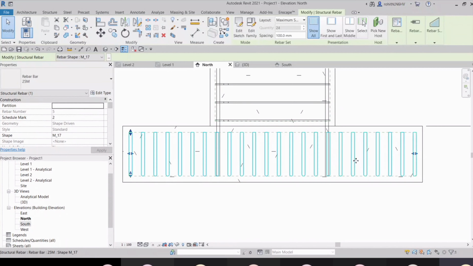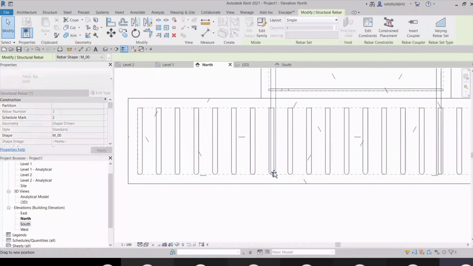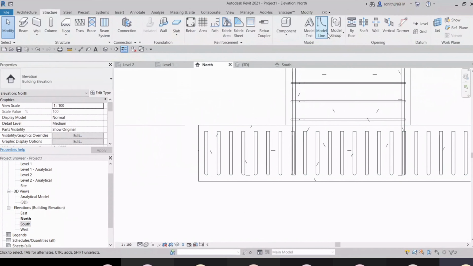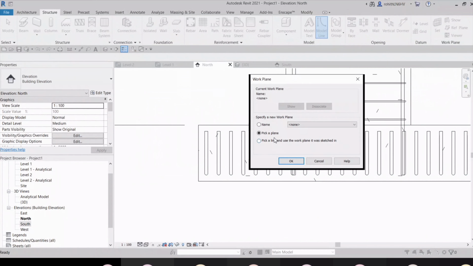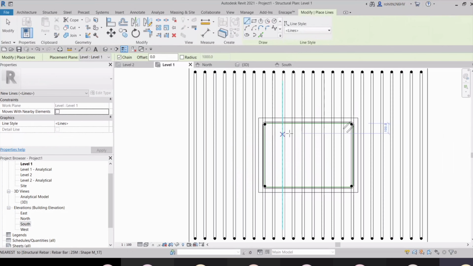So what will be the spacing? So you can just specify. All right. And how much will it be uplifted? It will be uplifted to 25. So you can specify, and go to this pick line option, or else I can place it at level 1. Level 1, you can go to this level 1 and I can place it there.